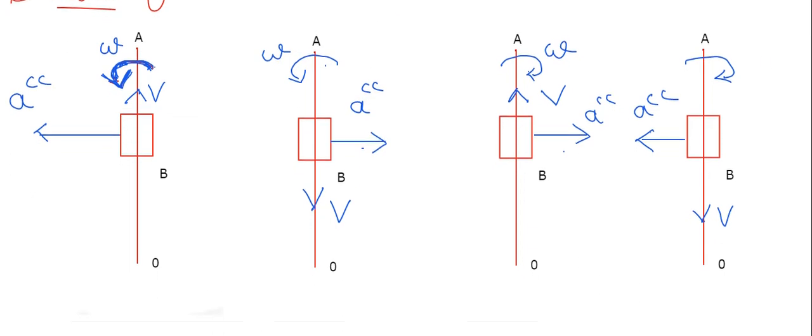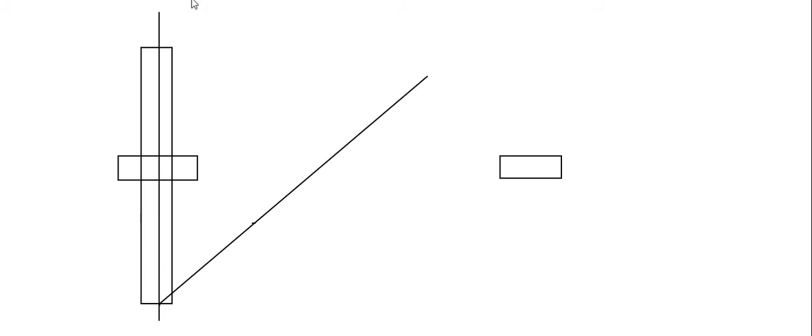So now let's see how to derive the formula for the Coriolis component of acceleration. So imagine a slider. Let's call the slider with the same name B, and the link is named the same, O and A. And from O we are moving to A, this link is rotating, and let this be the point A, that A is moved from that position to